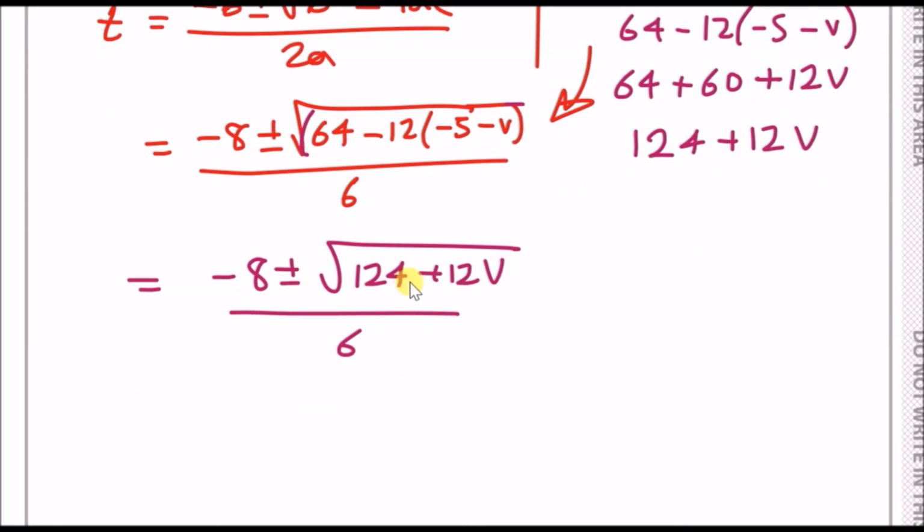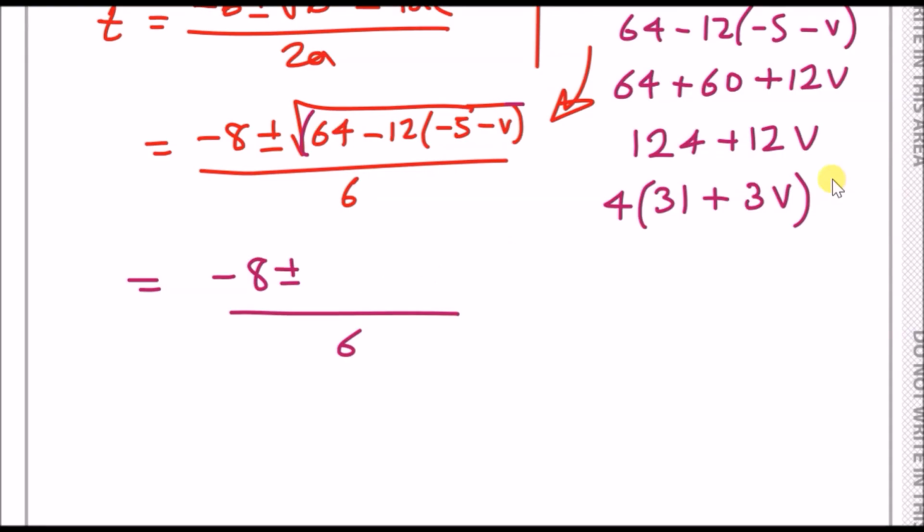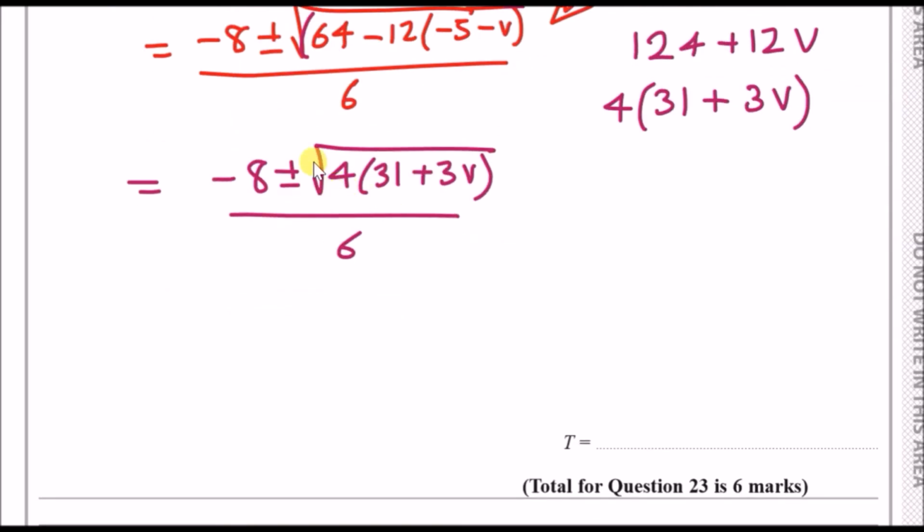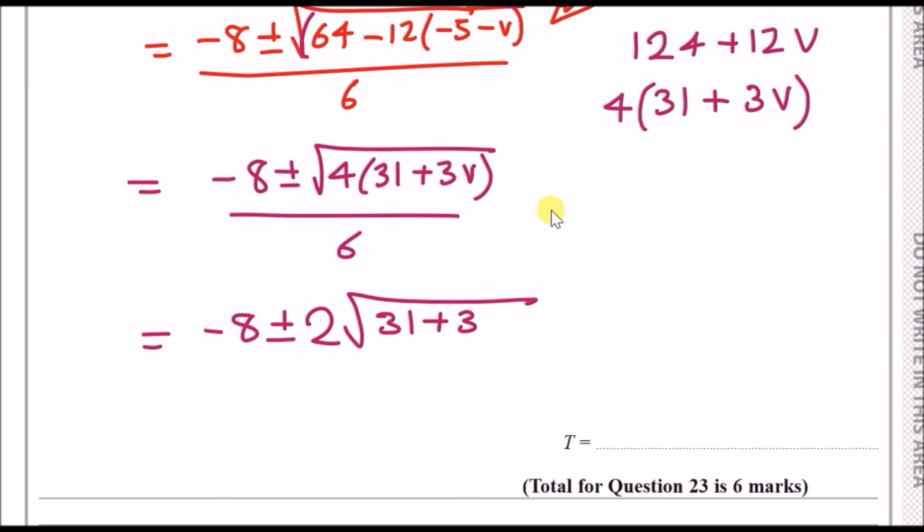So let's see, what can we factorize here? Well, they go into the 2 times table, and they actually go into the 4 times table. So we can factorize a 4 out, and you're left with 31 plus 3v. Perfect. So what we can do is update these values here, and you'll notice that you're going to have now the square root of 4 times 31 plus 3v. Now what you could do here is actually separate this. This is the same as the square root of 4 times the square root of everything in the bracket. Well, we know that the square root of 4 is just 2. So this is simply minus 8 plus minus 2 times the square root of that bracket, 31 plus 3v